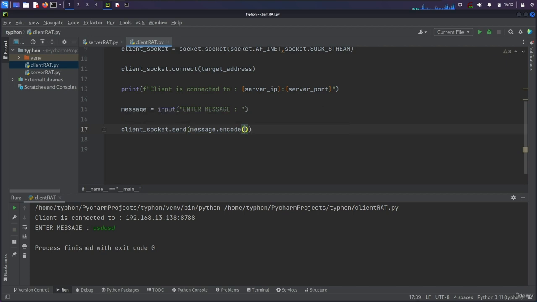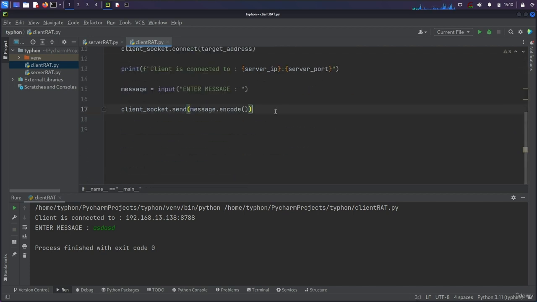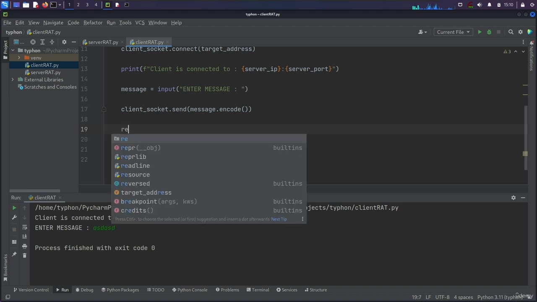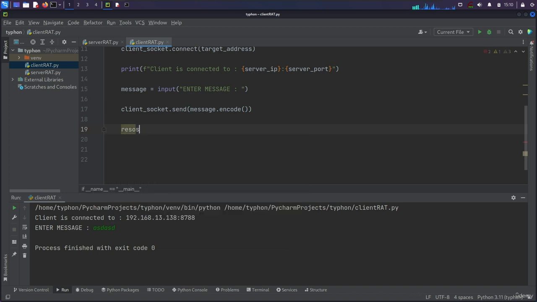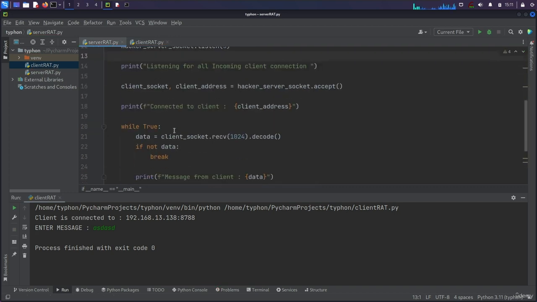We will not give any variables inside this parameter because we don't need to. So we will send the user input message to the server, and we will encode it as bytes. And after that, we will have to receive a response from the server, right? So response here, and we will use client socket dot receive 1024. Actually, in this example, on the server side, we haven't programmed it yet, but as I said,